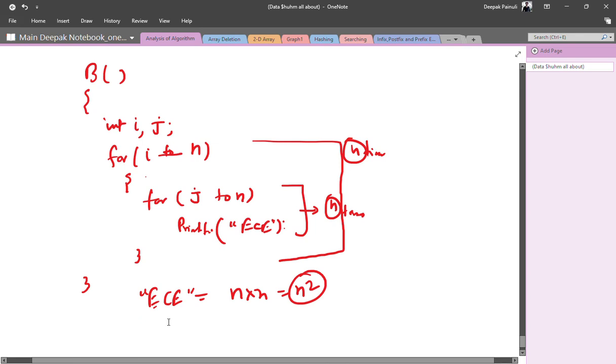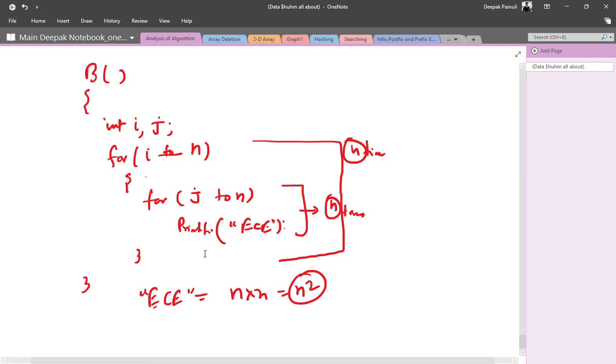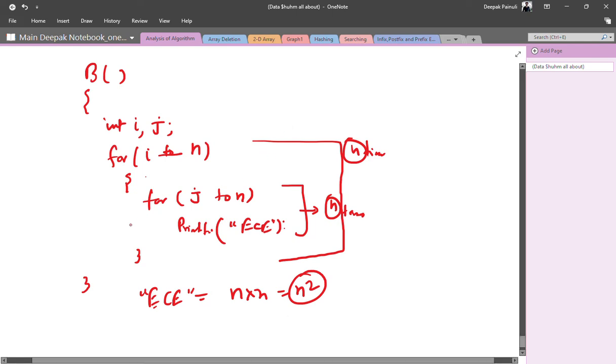So definitely here in this case, if we see the pseudocode, you can judge that it is going to print n square times, because the first loop will run the second nested loop for n times, and in the second nested loop it will print n times. So there will be n square times for printing. So this statement will run for n square times. So we can say for this algorithm we have time complexity of order n square, right guys?